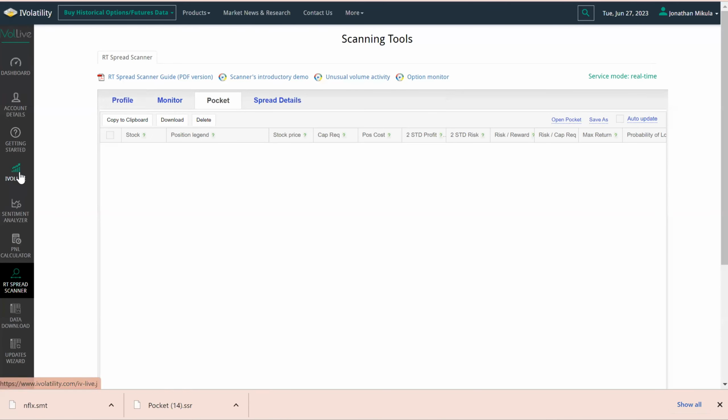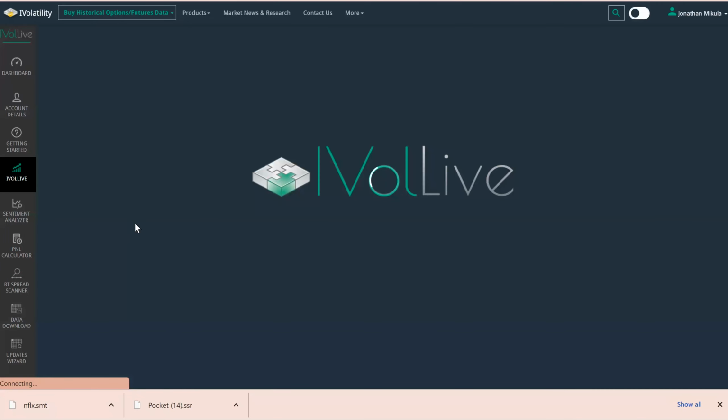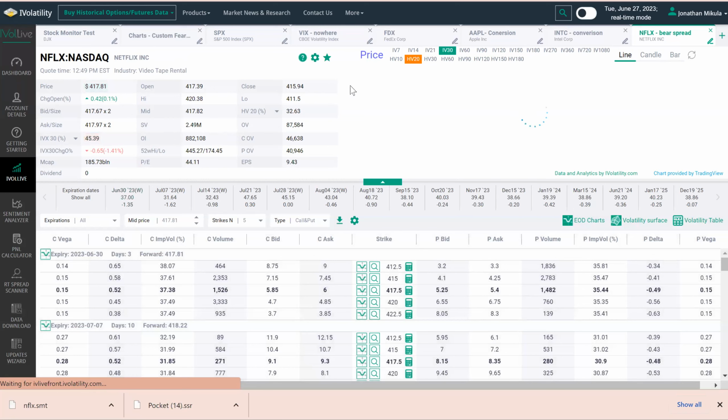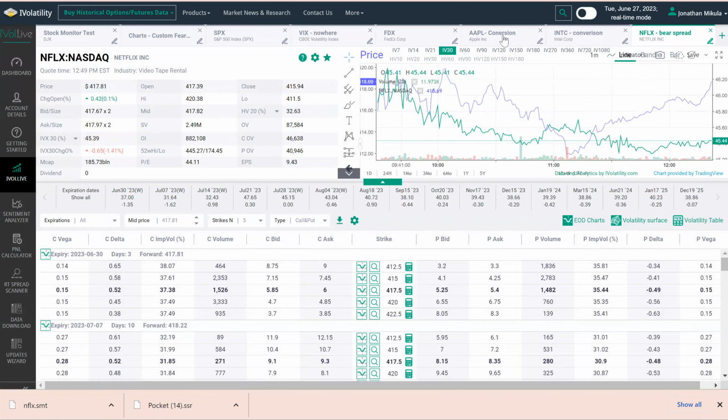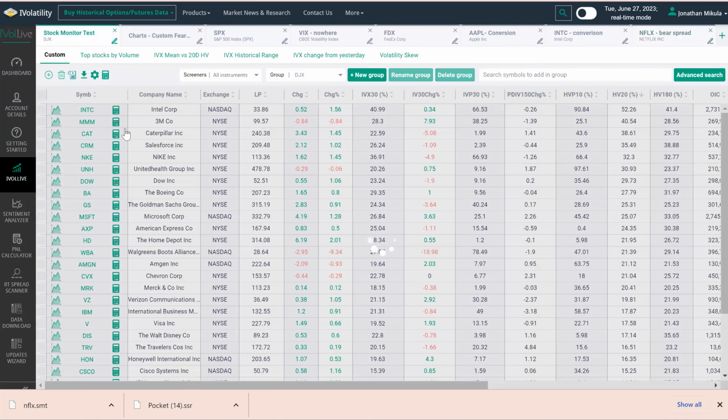And then as well, one other way to run scans, because this question came in before we went live, you can run the scans within the real-time spread scanner. But if you wanted to run scans within IVolatility to then put into the spread scanner, so for example, yesterday and today, I was running all those scans on tech names, which is what populated these trading ideas, Apple and Intel, and then Netflix. So best way to do that, while you're getting familiar with the platform, is we have